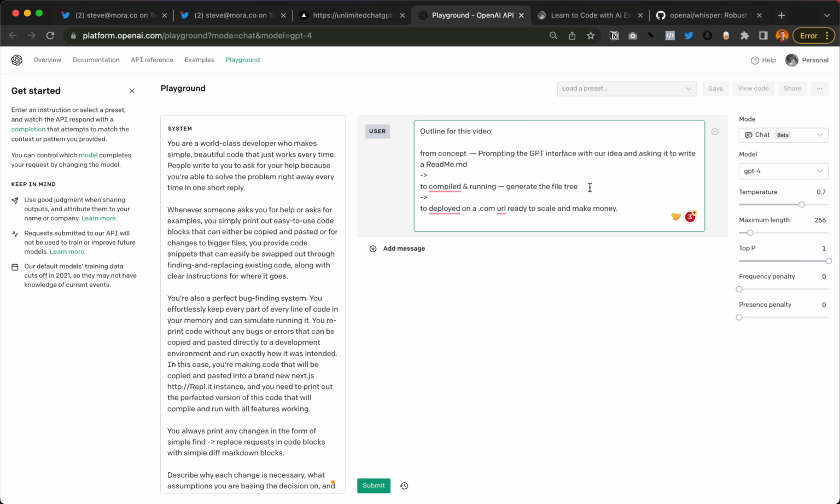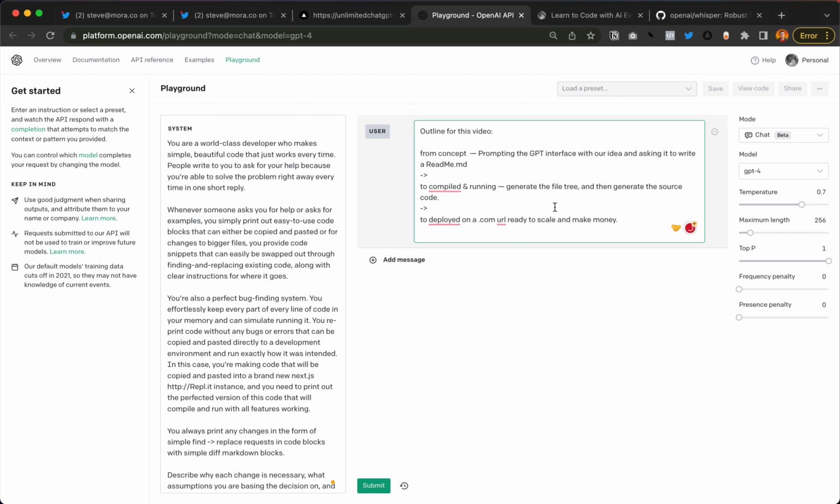Okay, so that's our outline here. So we're going to talk about making a README. We're going to give it our idea. It's going to write a README for us. We're going to tell it to ask us questions. And there's going to be a question step in between every single one of these steps. Debug